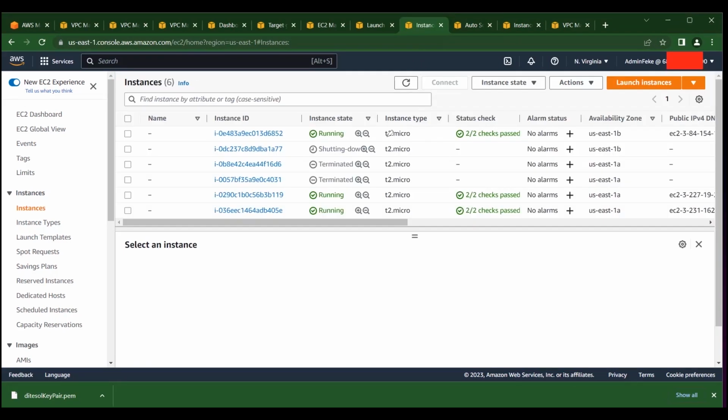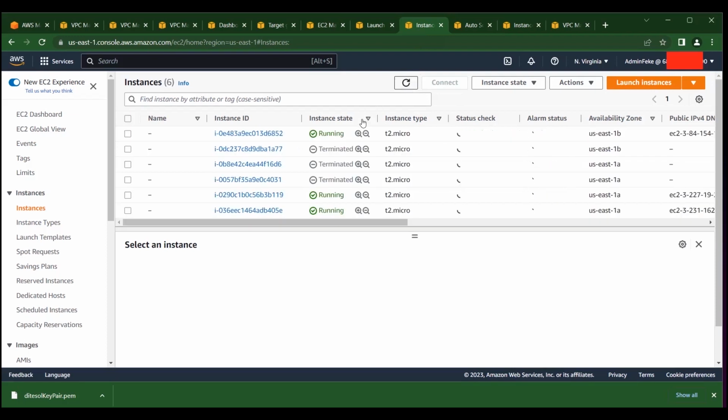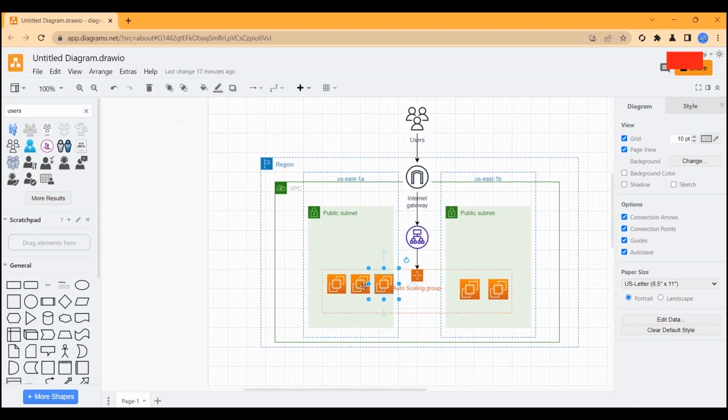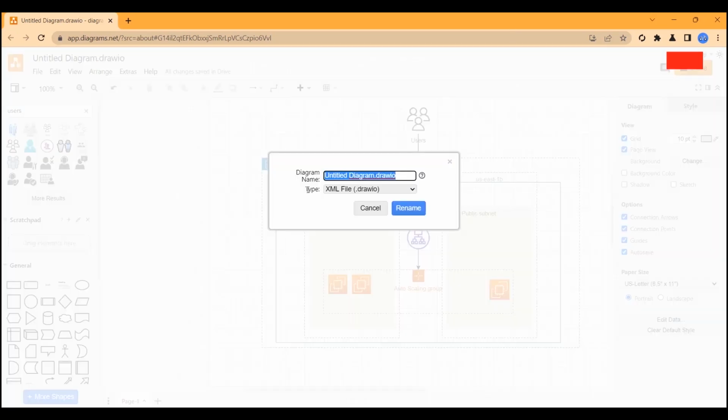So after some time, you'll notice that instances have started being shut down. So some instances are terminated by the autoscaling group, and we are back with our 3 instances. You can see only 3 are running. So I'll come and update the diagram we had. We only have 3 now. So with A, I guess, and Y and B. And that's it for the autoscaling. I'm going to name this auto